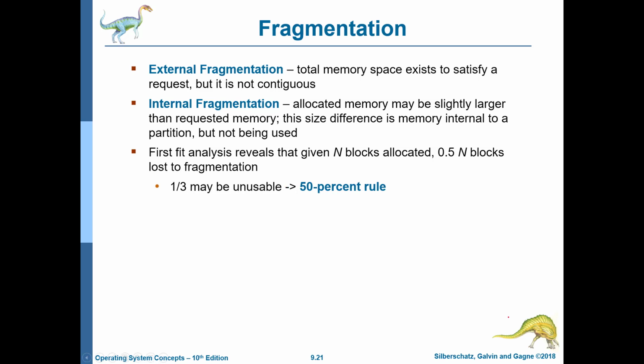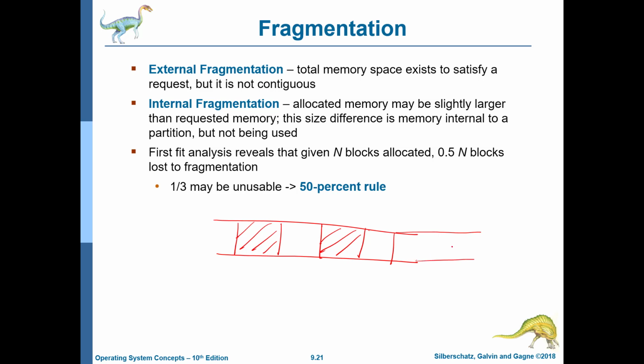So in external fragmentation, it is similar to the example that I showed, where the total memory space does exist to satisfy a request, but it is not contiguous. So this means that if my memory is like this, I have a sequence of allocated regions, alright, and a sequence of free regions, of course. So it is possible that I might need this much of memory. It is clearly there, but it is not contiguous, hence I cannot allocate.